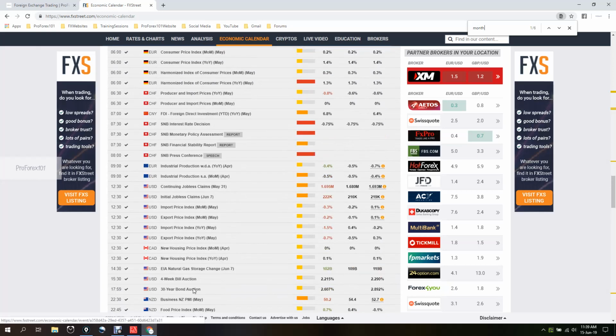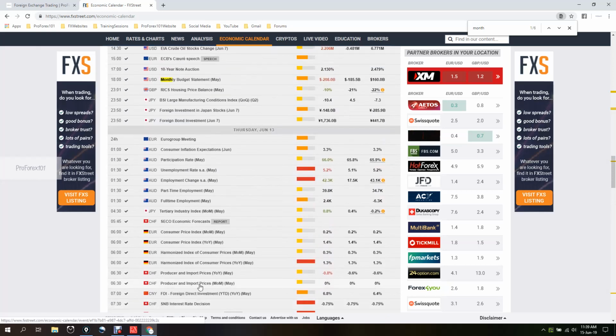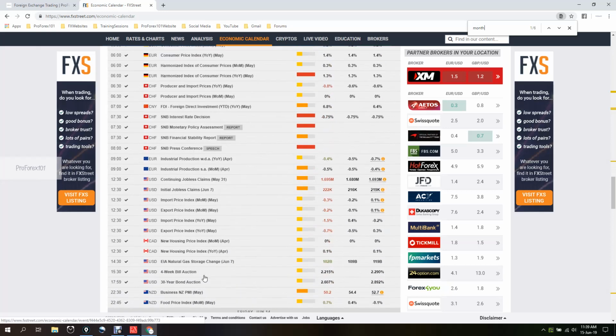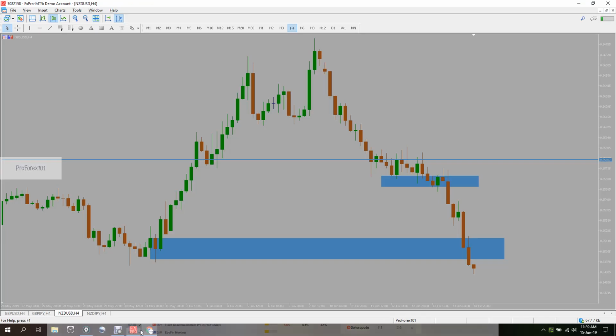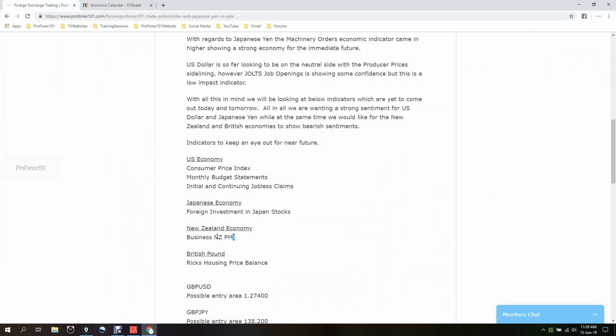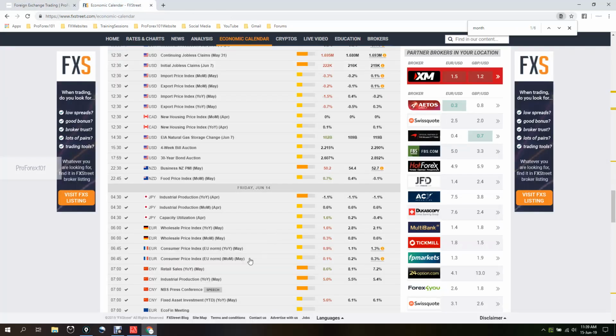And then where was the other pair? One second. Yeah, for the New Zealand pairs, it was the New Zealand data that came out saying that the New Zealand PMI was very weak, and I think we were watching this very closely also. So when you're following fundamentals, guys, it can get a bit confusing, but at the time of your entry, so basically what I'm trying to say,